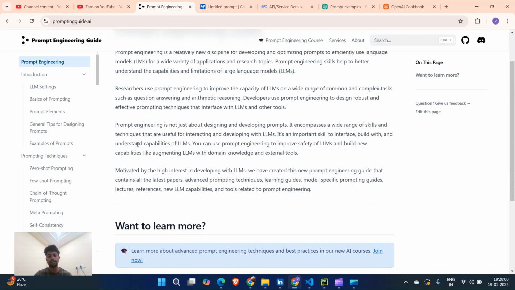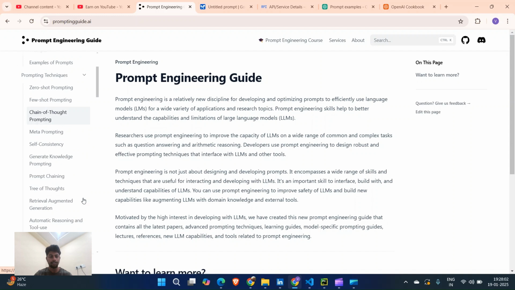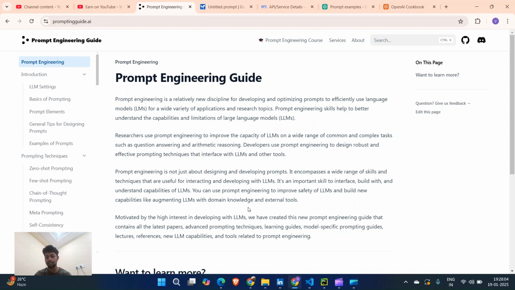There are many techniques available. You don't need to learn all of them, but I'll cover the useful techniques and the things you have to know whenever you're giving a prompt and expecting a response from the LLM: what precautions you have to take and what steps you have to follow. I want to focus on that, and I'll try to cover all the videos